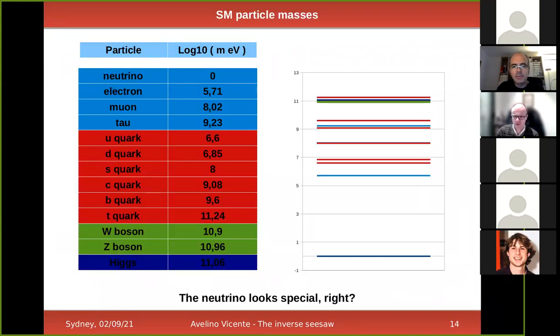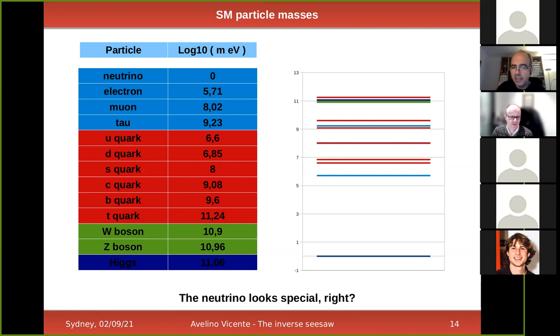Now, but it's actually a bit more complicated than that. I did this very ugly looking plot by using some of the numbers that we have for the masses of the standard model particles. For the neutrinos, I basically used one electron volt just to give an estimate, even though we don't know this mass, and actually it will be lower than that. It's actually at the level of 0.1 electron volt at the moment, coming from cosmological observations. But anyway, I think the point is equally valid.